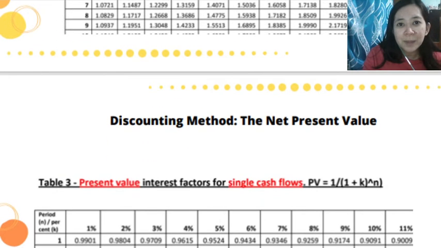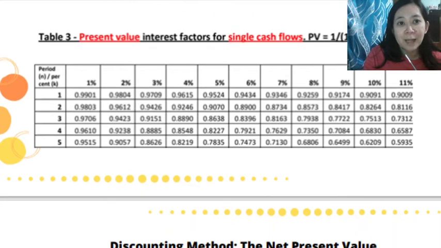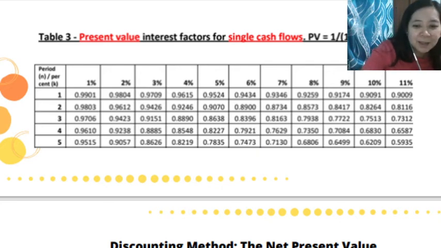So aside from the table for future values, we also have the table for your present value. This is to locate the discount factor under this table. The same procedure: you first locate the number of periods of the investment and then look for the interest rate, and that will be your interest or discount factor. So to continue,